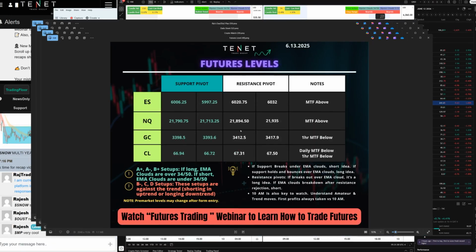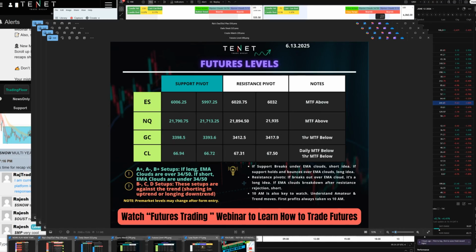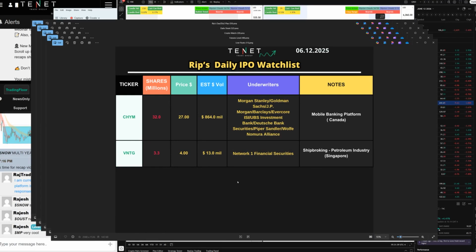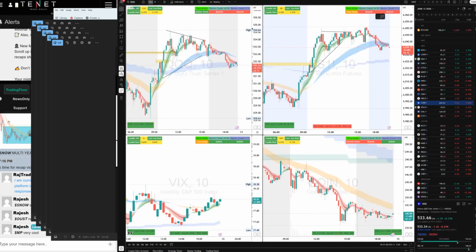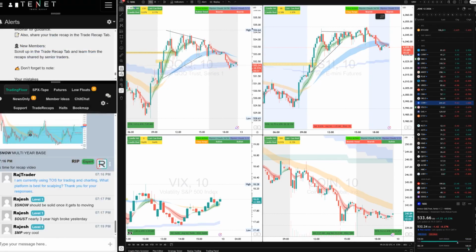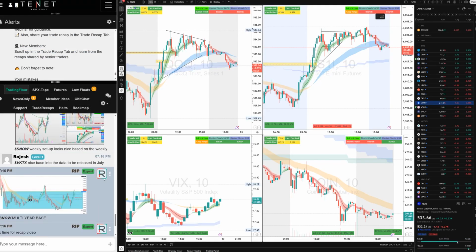We also trade futures. Today was a great day to trade futures. We will recap that. We provide these levels and guidance in the pre-market. We also focus on low floats. We have a low float channel. We focus on IPOs. So we try to do everything in our community, to have a good day, keeping our losers small, winners big. Thousands of traders are all day on our trading floor, sharing ideas with everyone and trying to have a decent day in the market. Our system helps us keep our losers small, and we try to have big winners.